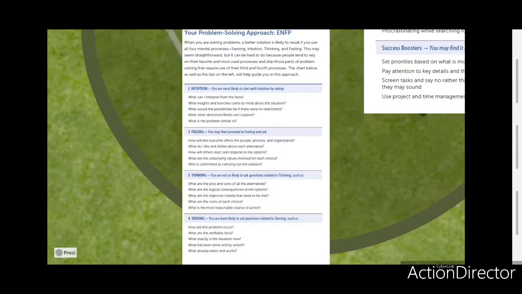Now, the last item here is your problem-solving approach. Again, this is an ENFP type report, but your report will have information that relates to your exact style.